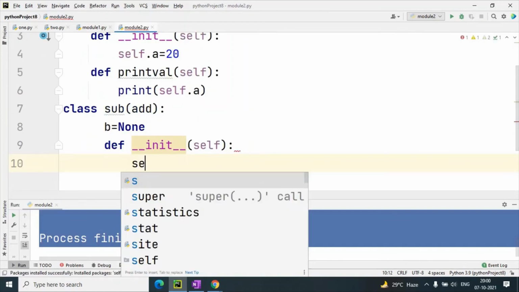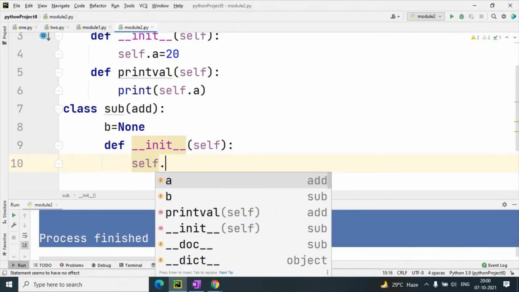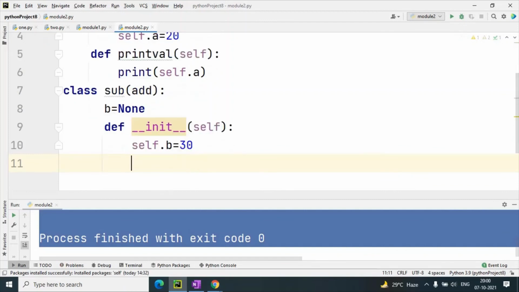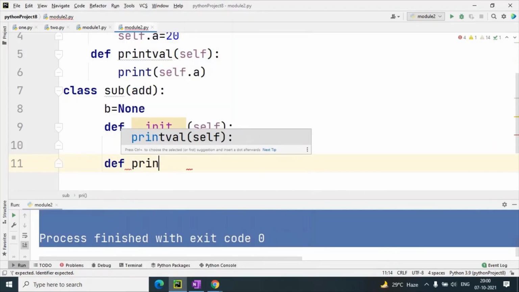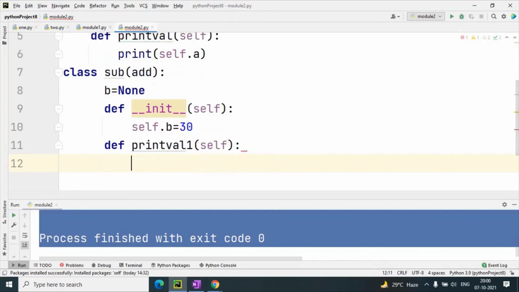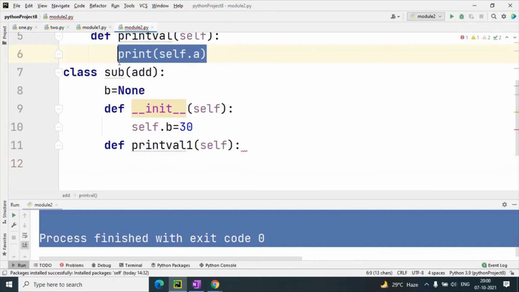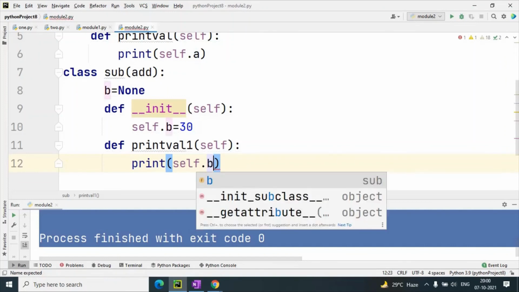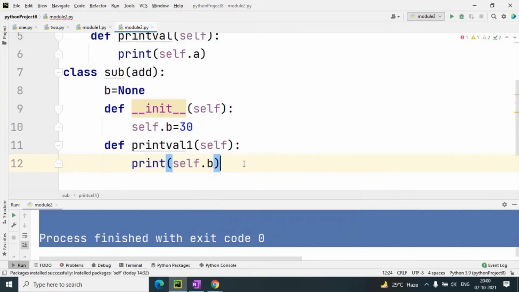Now here I am giving self dot b equals to 30, and also I take one method def print val1, and here I just print the value of b. So this is class B.